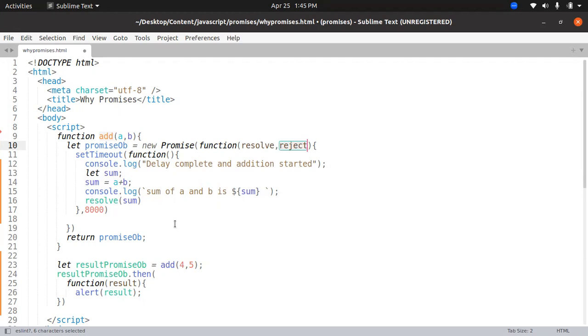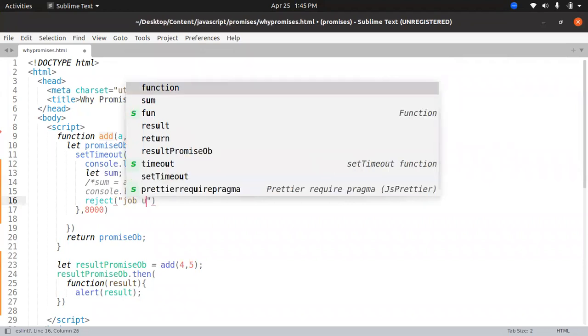Let us take a very simple assumption that somehow we are not able to do the addition. So instead of doing the resolve, we are going to write reject, and here we can also write some message, maybe whatever the reason, like job incomplete